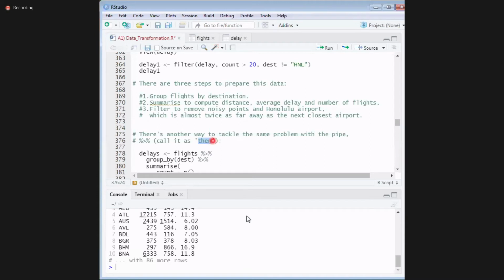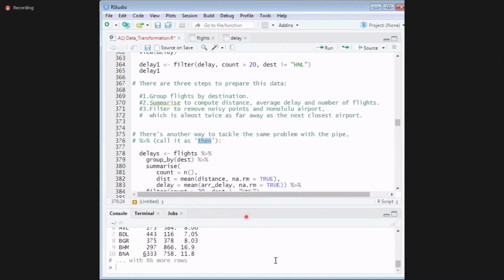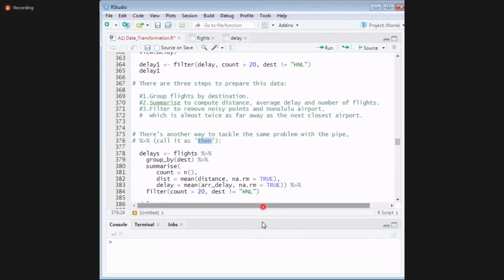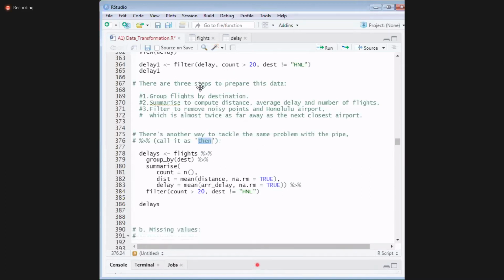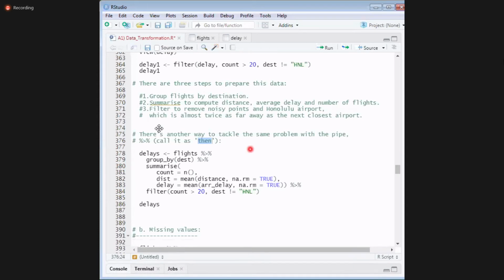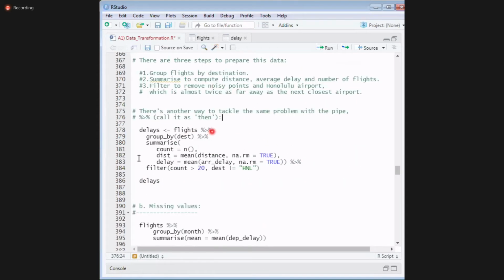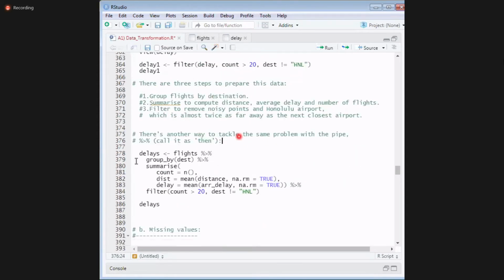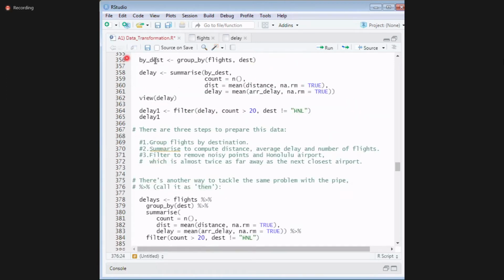So the same query we wrote here, group by, summary, filter, I'm writing here the same way. Here I was creating new data frames, but there is no need to create new data frames.